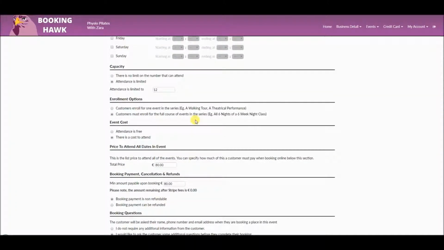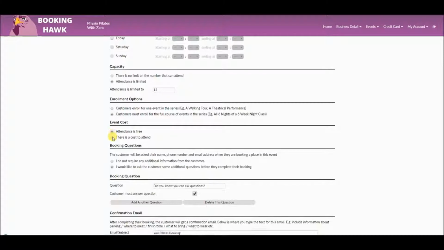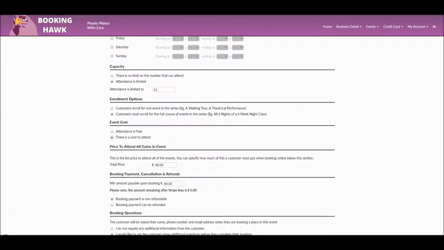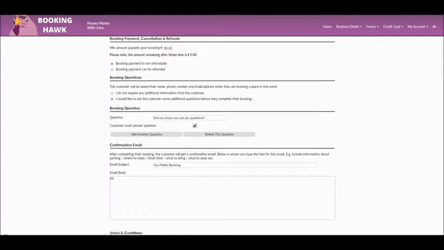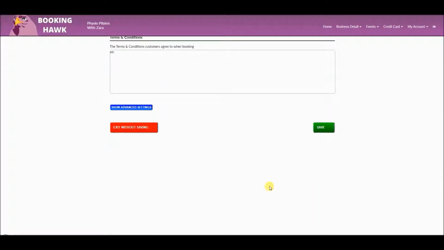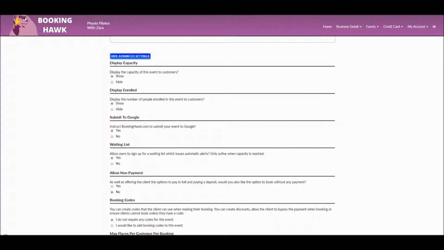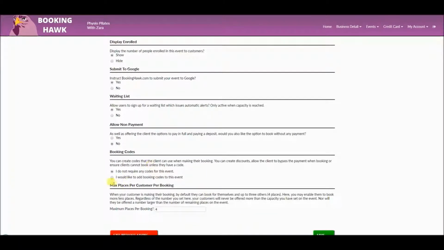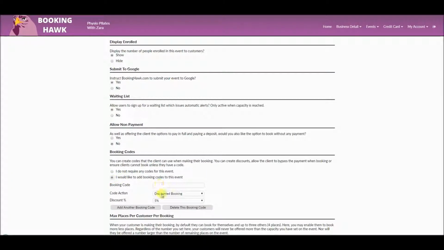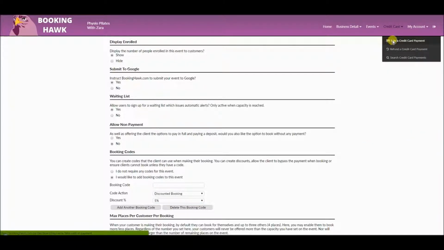And down here you can see it's very simple, the setup of a class. You're just really selecting if there's a cost, if there's not a cost, and the system is very intuitive and easy to use from that point of view. Down here, if you like, there's other advanced options such as discount codes. So if you want to give out a code on Facebook that entitles people to 5, 10, 20% off, you can do so. So there's a lot of other features in the system. And the last one I'm going to show you for this demo